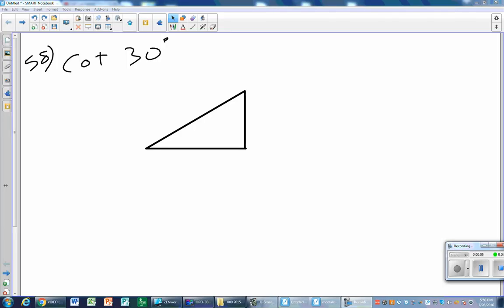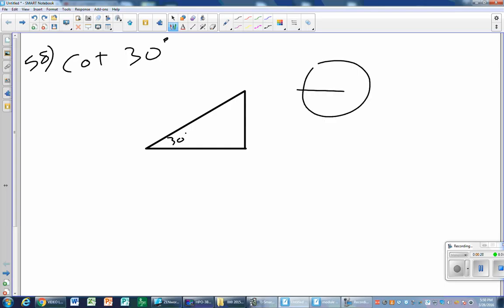This is Mr. Bryce, and we are on page 329. We're doing number 58. Find the cotangent of 30 degrees. Okay, so here we go. That is 30 degrees. The first thing that we know is no calculator. Bummer. The second thing that we know is that we only know the answers from the unit circle of